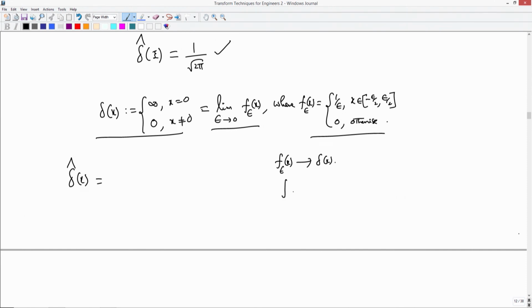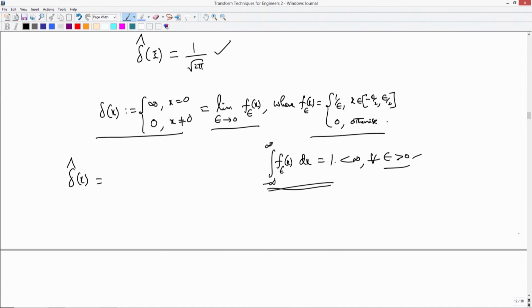This integral, the way we have defined it, the integral of f epsilon of x dx from minus infinity to infinity is always equal to 1. Because of this, I can say that this integral is finite for every epsilon. So this is finite for every epsilon positive. So in that sense you have